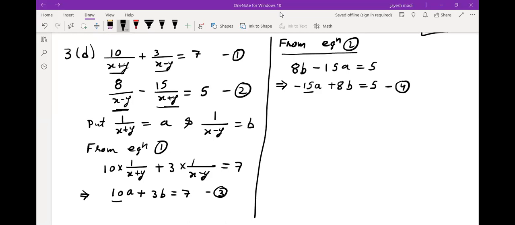So to make it 30, we have to multiply equation 3 by 3. So we write multiplying equation 3 by the number 3 and equation 4 by what? To make it 30, we will multiply equation 4 by